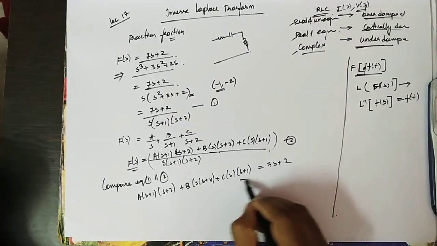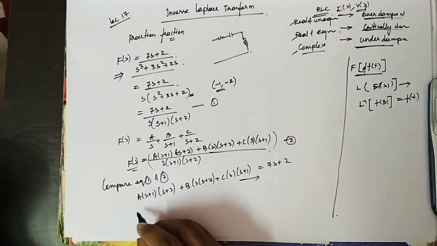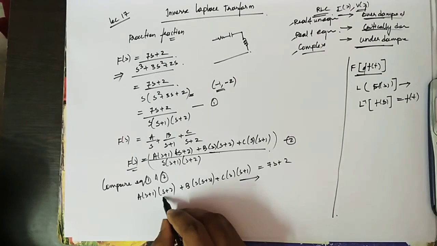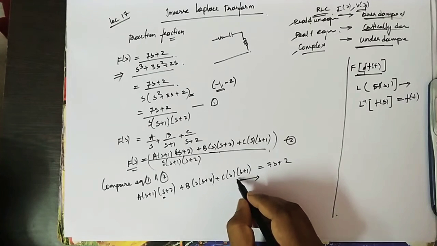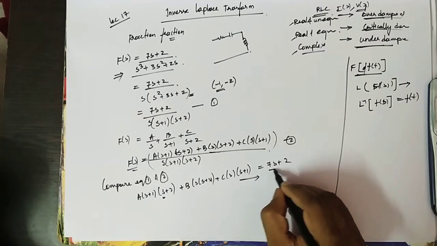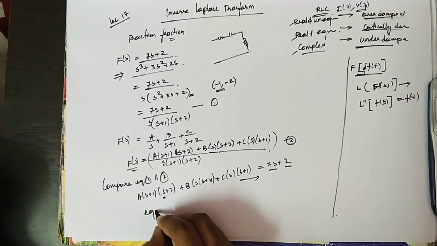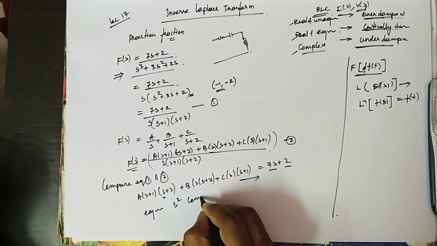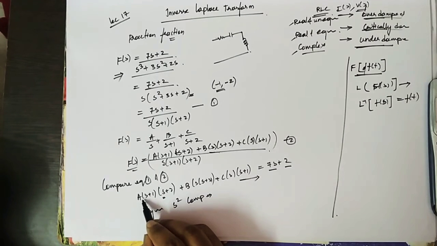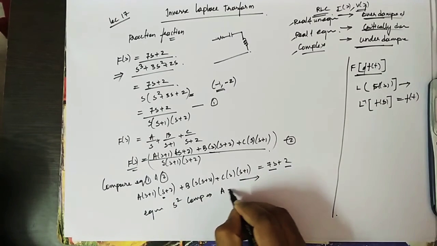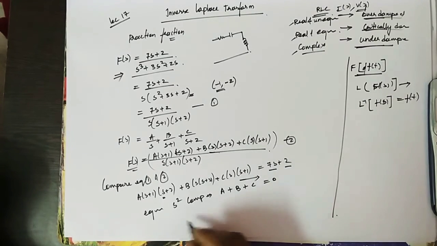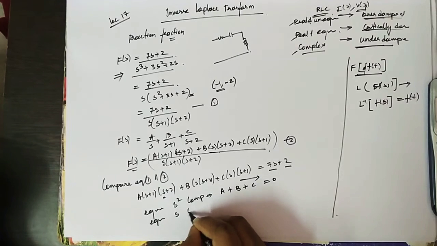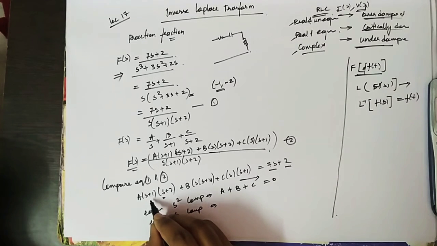After getting this equation, you equate the coefficients of s. You have s square components here, s components here, and constant components here. On the other side you have only the s component and the constant component. Equating s square components: A into (s square plus 3s plus 2), so A plus B plus C equals 0. Now equating s components: